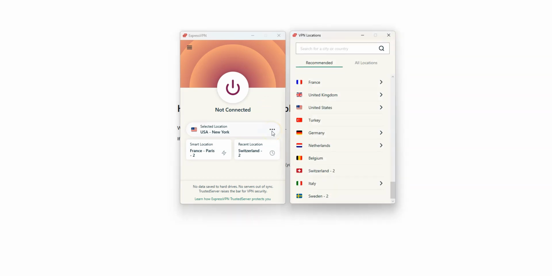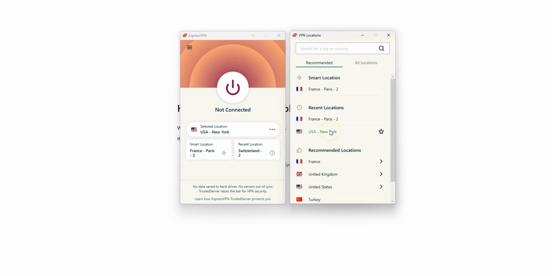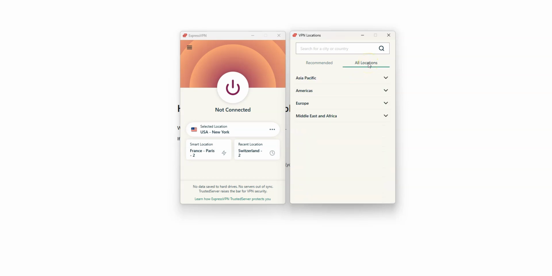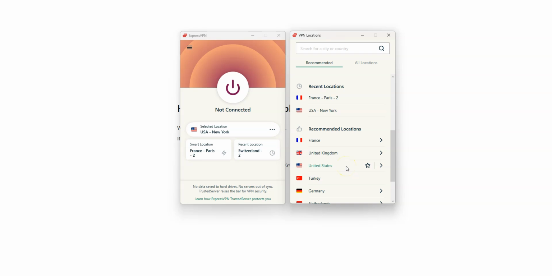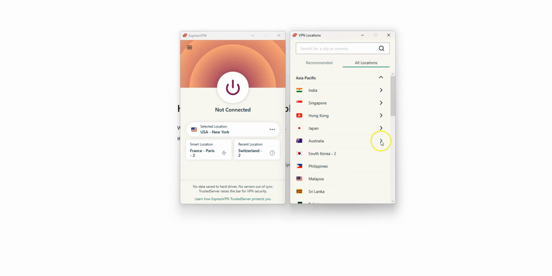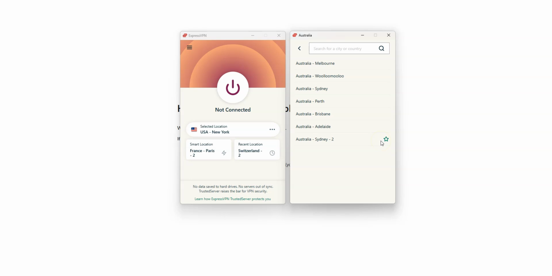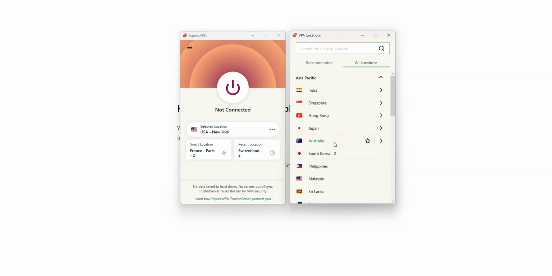First, click here. You can either choose between these few recommended locations or access all locations by clicking here. There are a lot of countries: the US, Canada, Australia, Germany, France, Spain, Italy, Japan, just to name a few. These are all countries from which you can make it look like you're in. You don't have to choose a location in a different country. You may choose a location in your country. For some countries, you can even choose a specific city. In Australia, for example, Sydney, Melbourne, Brisbane, and so on. Simply select a location. ExpressVPN will then establish a connection to the fastest server available in this specific location.